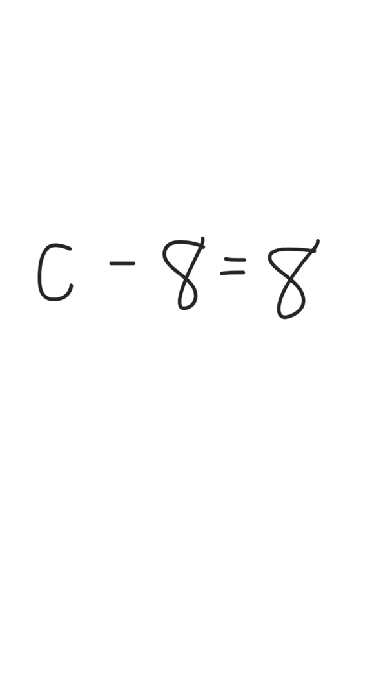Okay. So if you see C take away 8 equals 8, we know automatically that we need to do the inverse operation. And remember that inverse operation is the opposite of whatever operation is happening, and we have subtraction. So the opposite of subtraction would be addition. So to get rid of this C minus 8, I'm going to add 8 to both sides of the equal